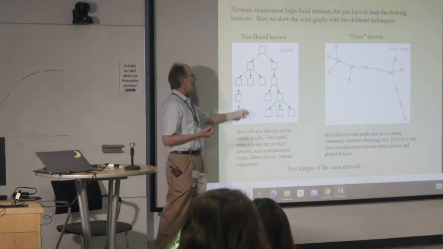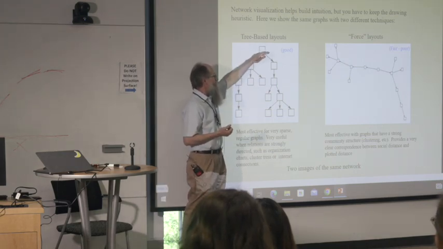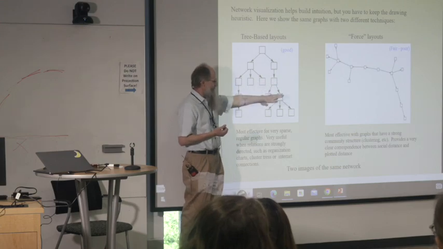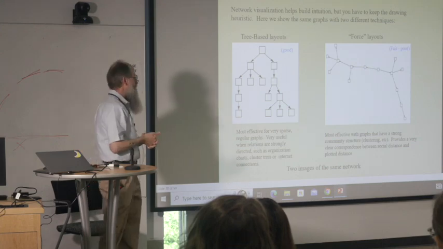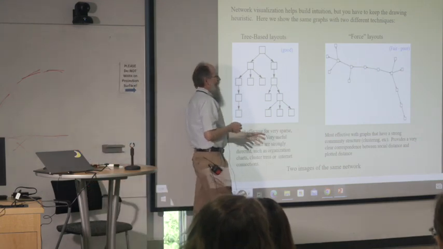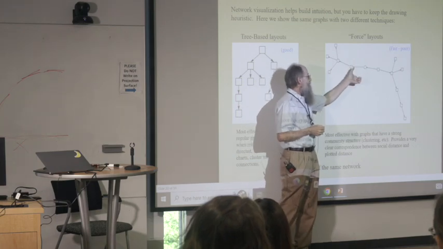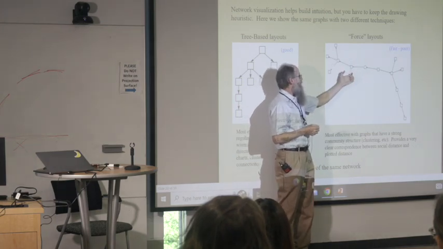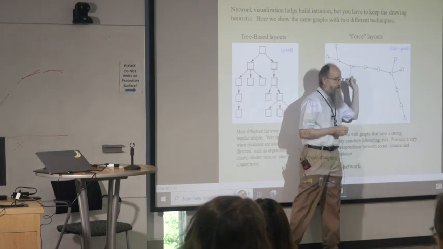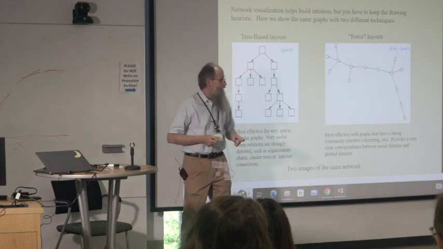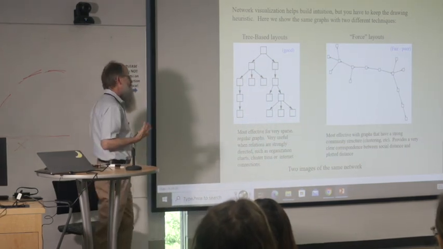Whatever's of interest is on this y-axis, and we can say there's the general, there are the colonels, the majors, the captains, and the sergeants, right? So we understand where it fits, and it works perfectly well. A force-based or space-based layout is where you try to find a fixed length to the edge set, and you put nodes near each other if they are tied to each other, and far apart if they're not. Now, some kinds of relations have an inherent ordering to them, and we should exploit that.